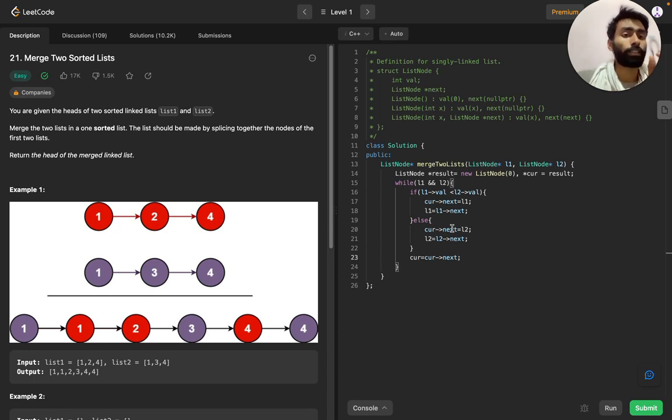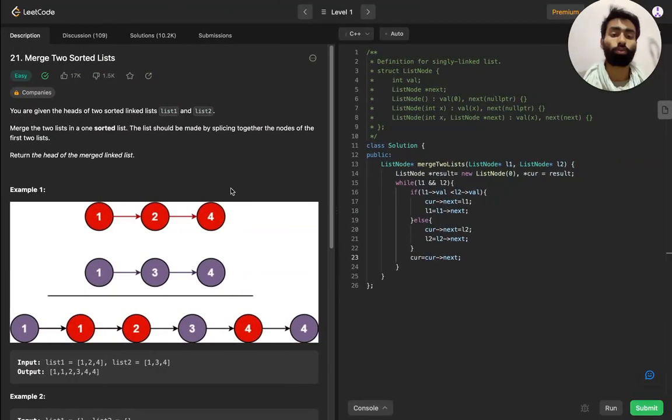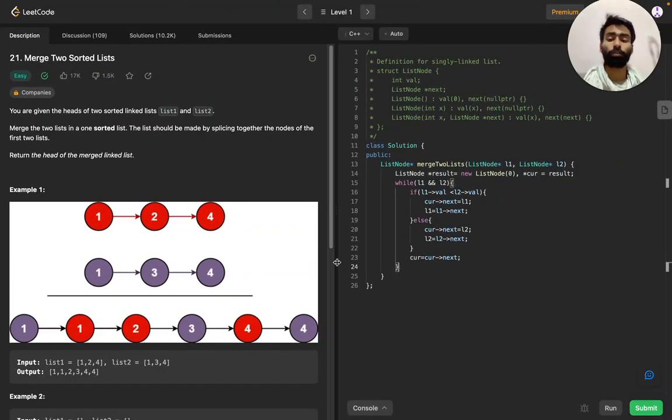So here, this is current, so we added the address, this is the current next, so we added the value of any of these two to this, and now we need to increment this pointer also, that is we need to have the address of the next one, that will again be null because there is no value there. So now we will compare these two and we will add that one in here. To do so, we incremented the current pointer to the next.